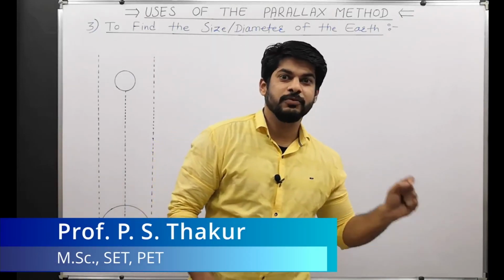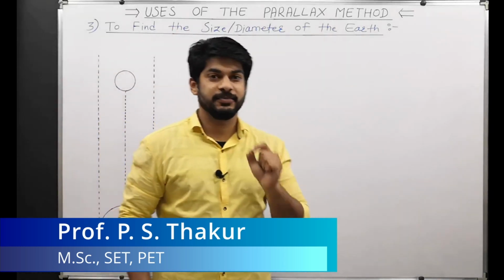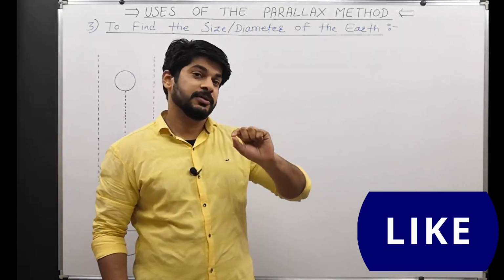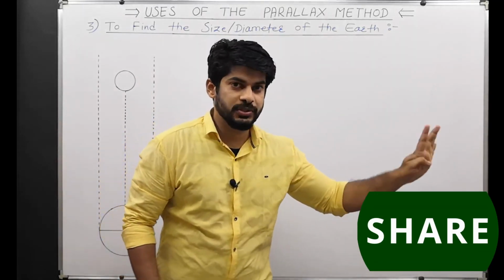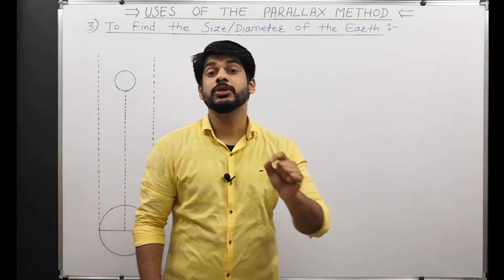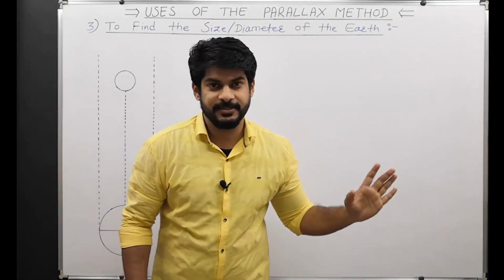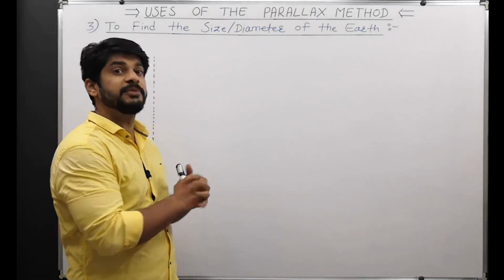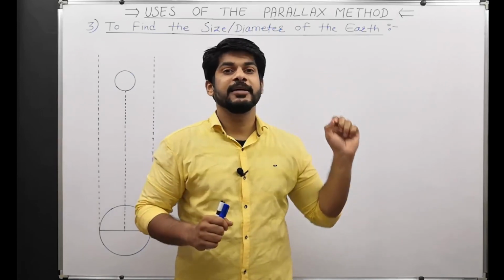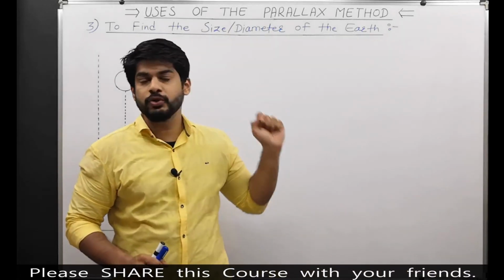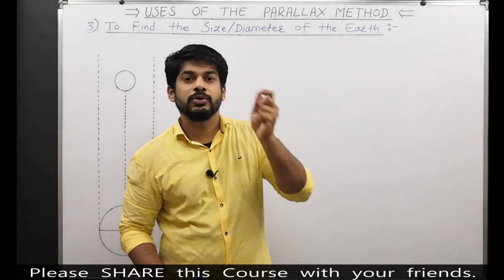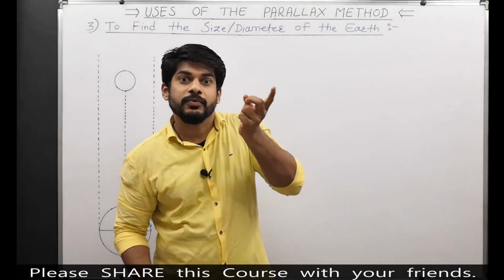We are into this series of lectures called uses of the parallax method. So far we have seen two uses. In total, as we have categorized, there are four uses of the parallax method. Generally, the parallax method is used to find out large distances, and over here we are doing the same thing, finding out very large distances using this parallax method. Out of those four uses, we have talked about two.